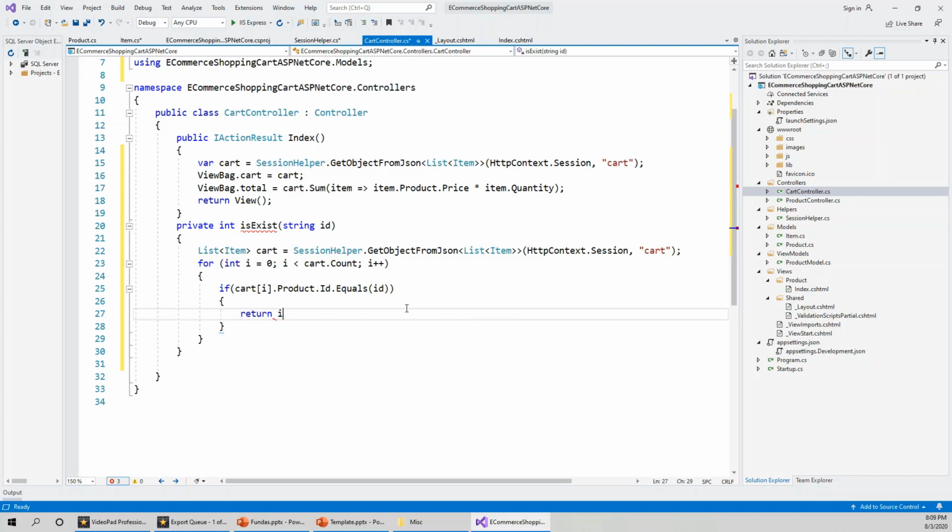Return the counter, and outside of this for loop return -1 once outside of this loop, to fulfill the need to pass an integer from the method. Okay, so after having written this,